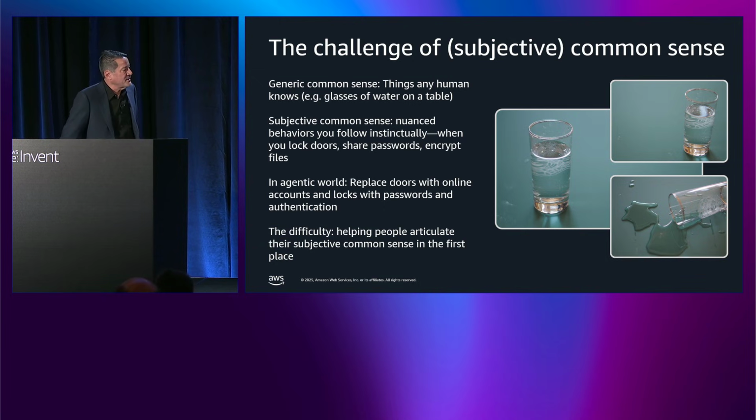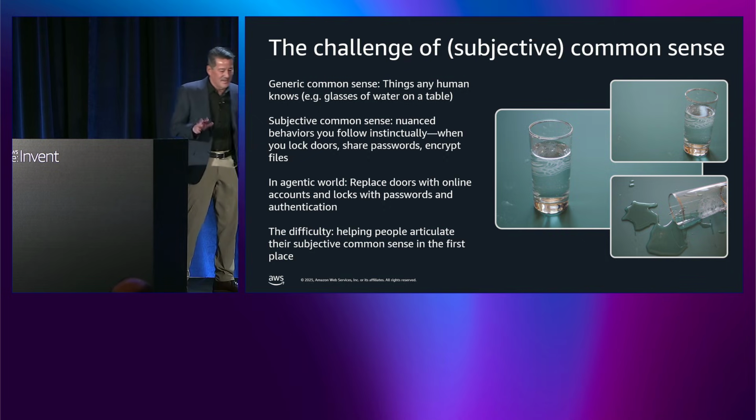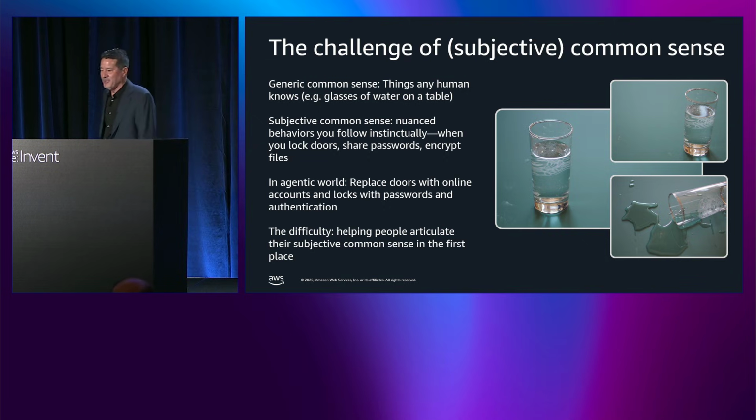So I think imbuing agentic AI with this sort of personalized, subjective common sense is going to be a real challenge, because, unlike facts about glasses of water on tables, it can't be learned from data. There's not a massive trove of data out there on my particular habits regarding doors and locking. And lest this example seem too far removed or abstract, I invite you to swap